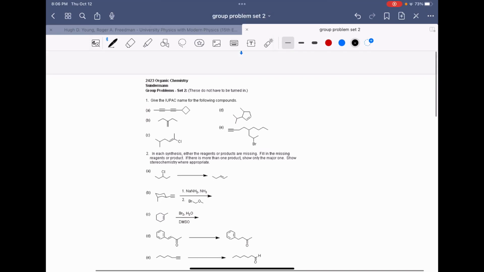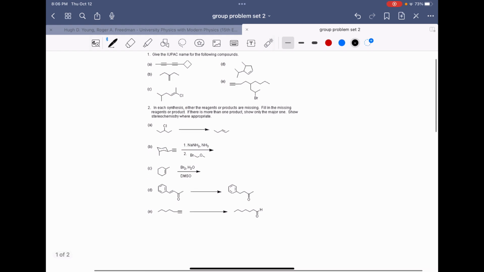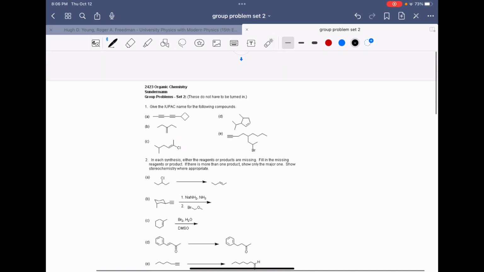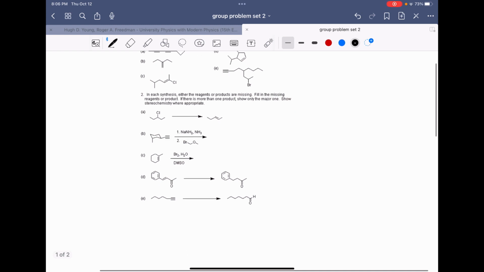Hey, so this is the second problem set from my Organic Chemistry 1 class. And this is just the first problem set that we go over for the second unit. This basically just covers naming of alkenes and alkynes,